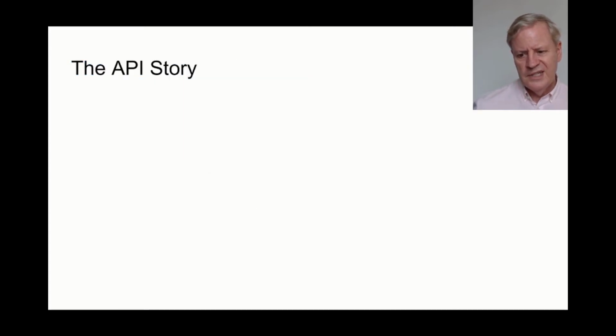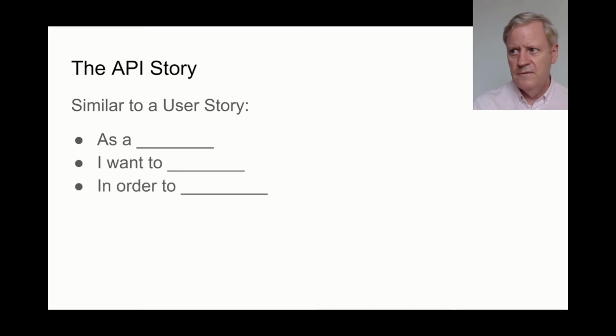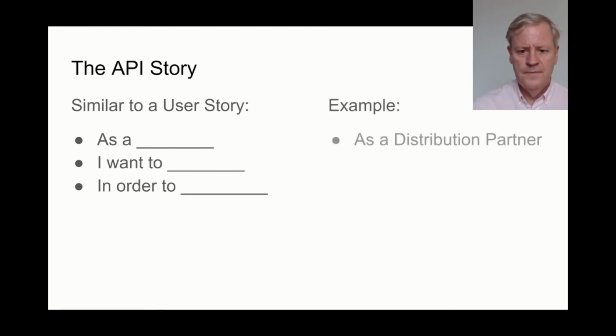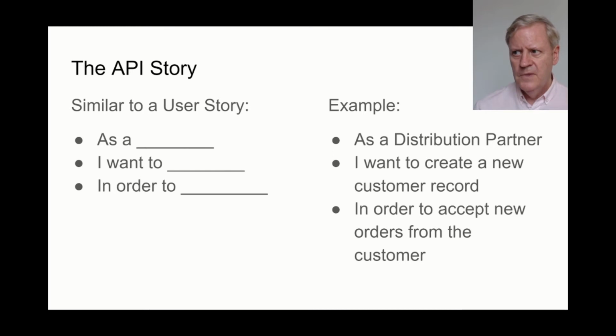So to break this down a step further, to actually think about how you relate what an API does to people, you can do this in the form of an API story. This is very similar to a user story. As a person, I want to do such an activity in order to achieve some other purpose. So an API type of story could be along the lines of, I'm a distribution partner of this company, and I want to create a new customer record in my partner's system, so that I can accept new orders from that customer. So framing it this way helps you to think about the user of your API first,